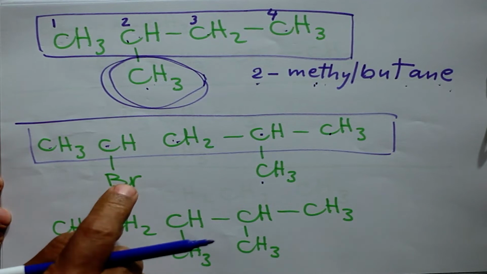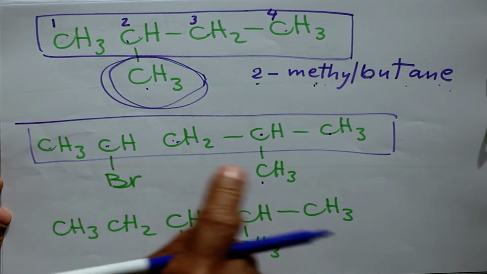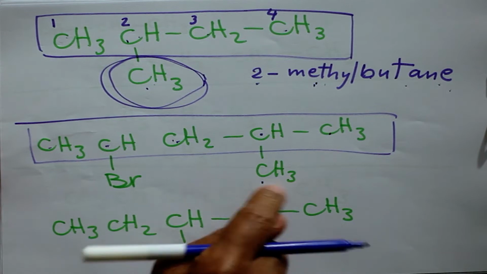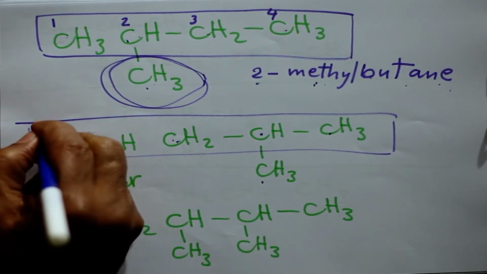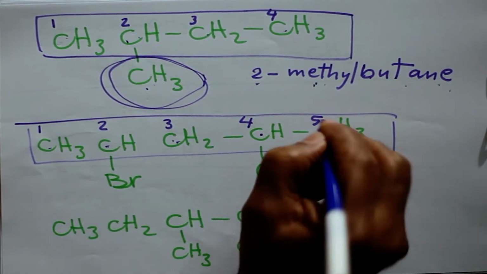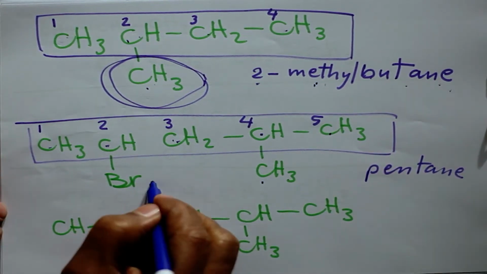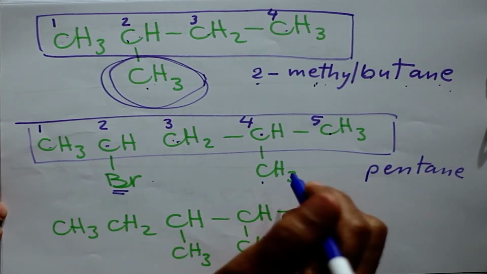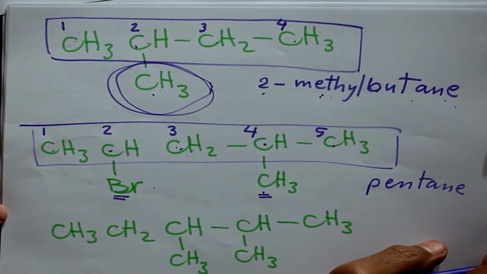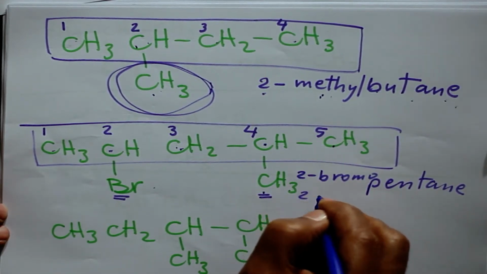We have two branches: bromine, called bromo, and methyl. Alphabetically, B comes before M, so we will start from this end, 1, 2, 3, 4, 5, pentane. At carbon number 2, bromo. At carbon number 4, methyl. We write according to alphabetical order: 2 bromo, 4 methyl,